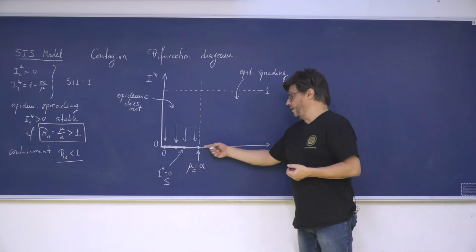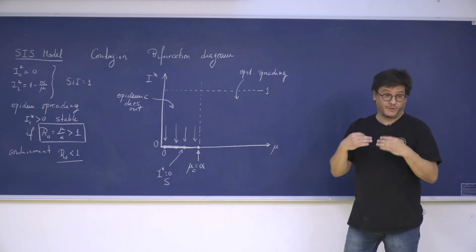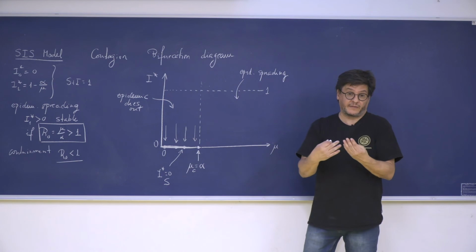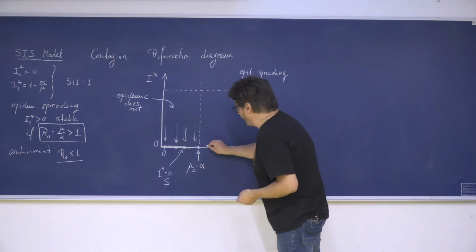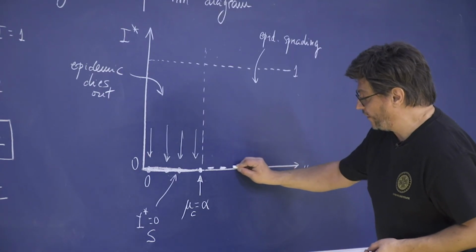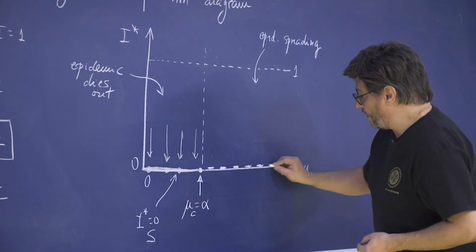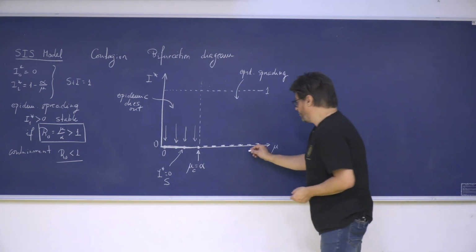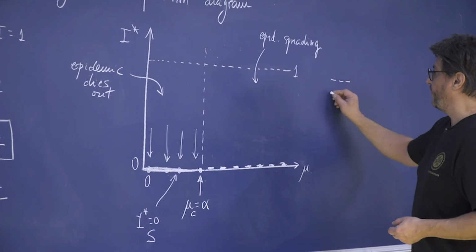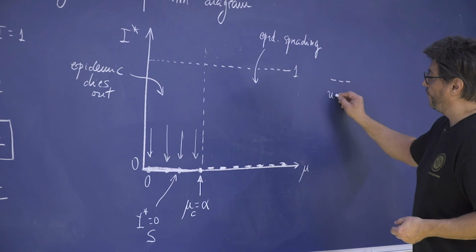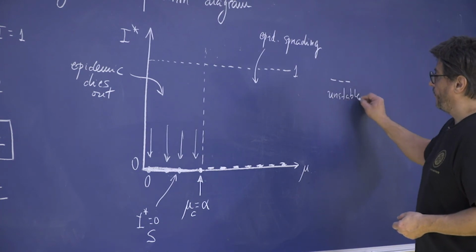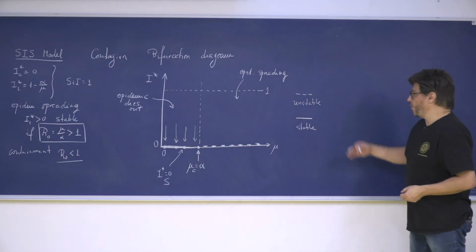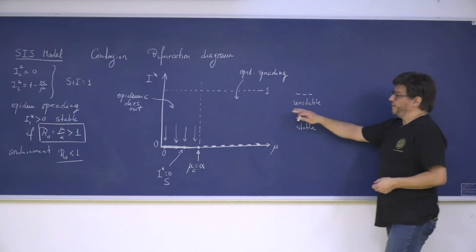In this domain here, if I am in the state 0, there's no epidemic spreading, of course, because if no one is infected, no one will spread anything. So I indicate the presence of this point. Let me put this a little bit up here. We've got this continuous line, and this continuous line for me will mean unstable, whereas this will be stable, right?